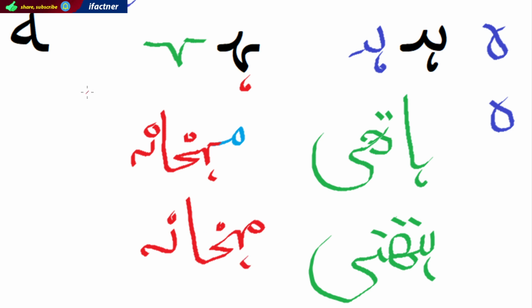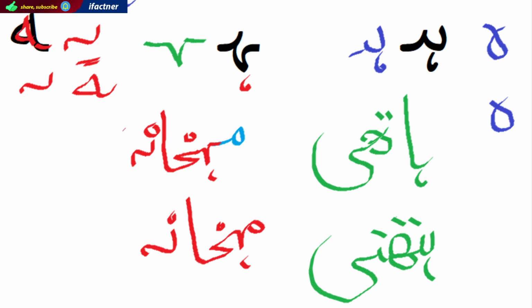Now you will notice that when this Hey appears at the end of the word, then we write it in a totally different shape. So when we are following the Arabic script, then we can write it like this, or we can also write it like this. Usually in Urdu we write it like this. So you can write it like this or like this. For example,